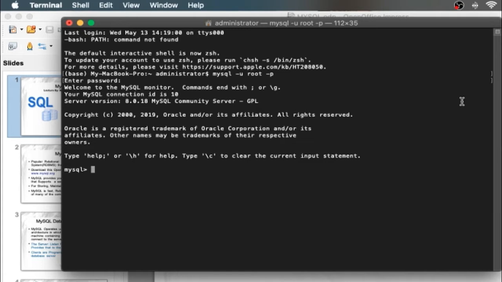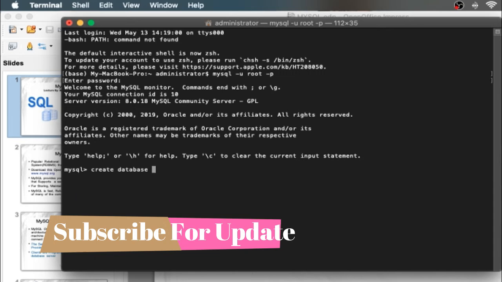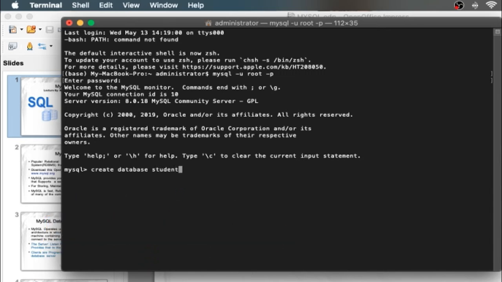Before that, I told you that we have to create a database. So you have to write down create database, and the name of the database, as I can write, student. Okay, you can give school, student, whatever. Let's suppose I'm giving school. Actually, I think in my SQL that database is already existing. That's why I'm giving this name. Now you have to press enter.